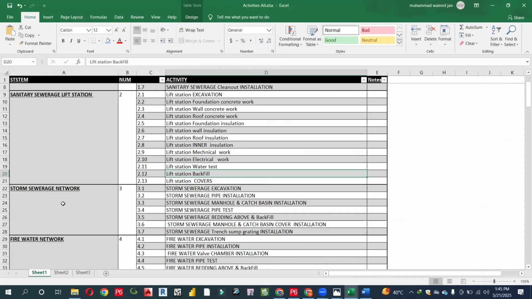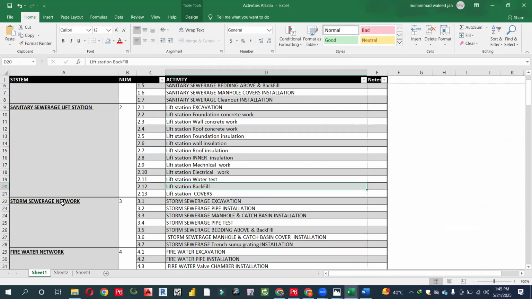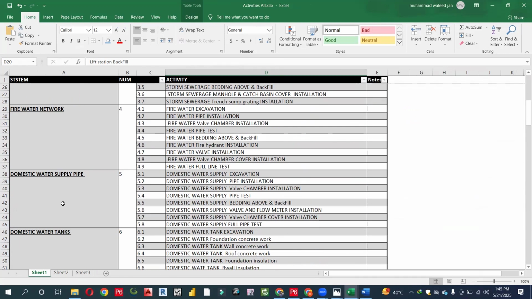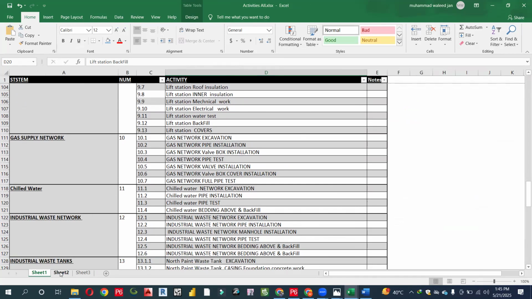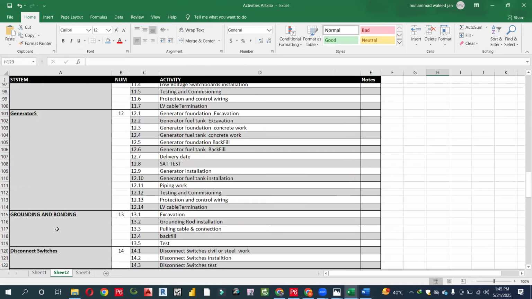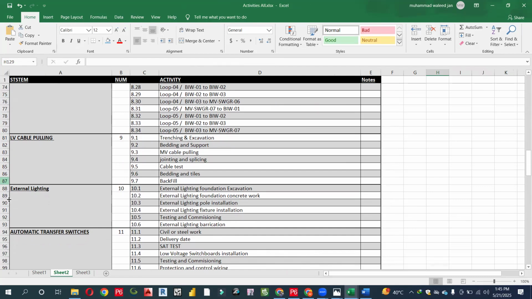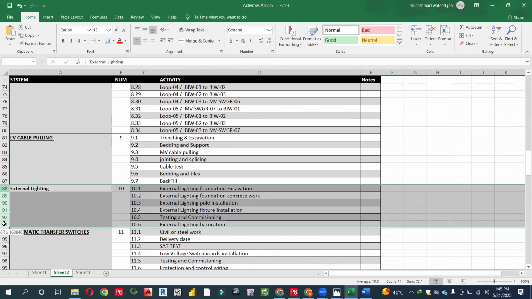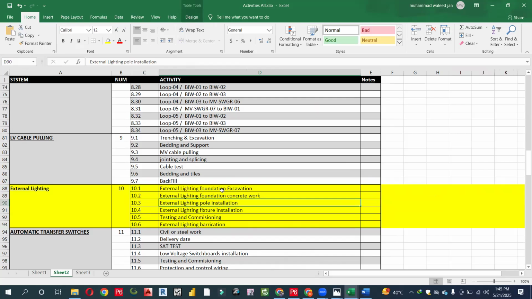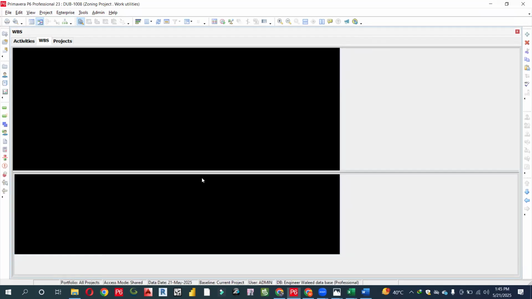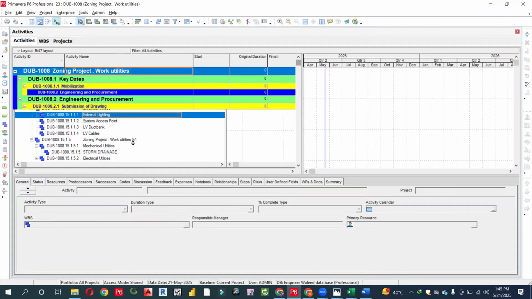First of all, this is the external lighting. Sorry, this is sheet 2. External lighting. In the external lighting, you can see that every type of thing you are watching over here has been taken from this point. So external lighting, foundation, excavation work. You should copy this, and what you should do if you have come to the activities over here,